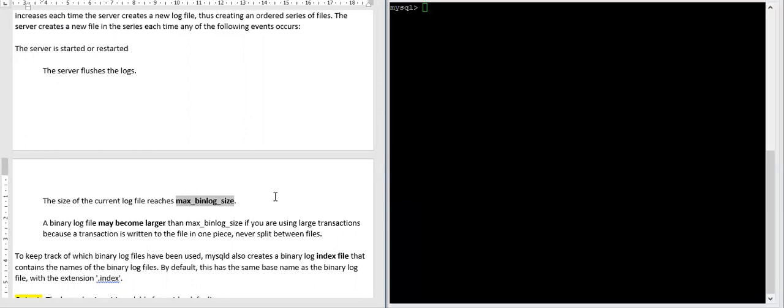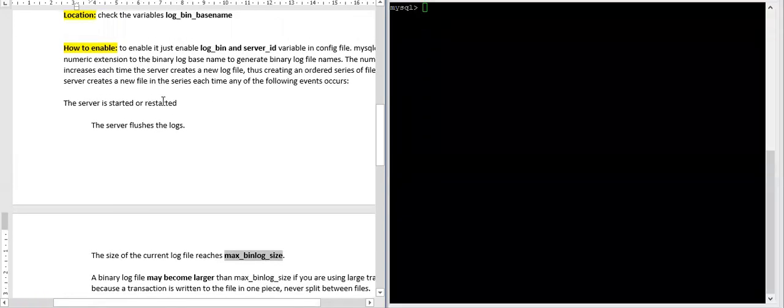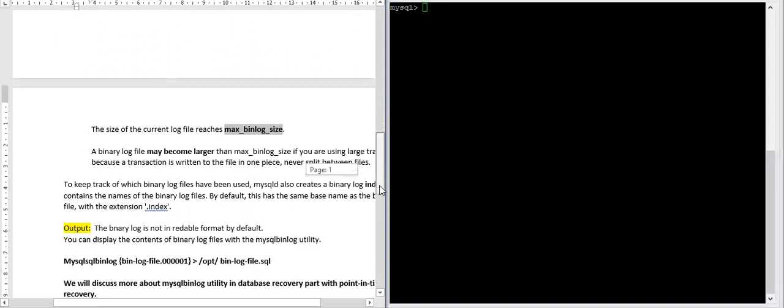So in that case, your binary log size can be slightly increased after 1 GB also. So in these cases, your binary log size depends.